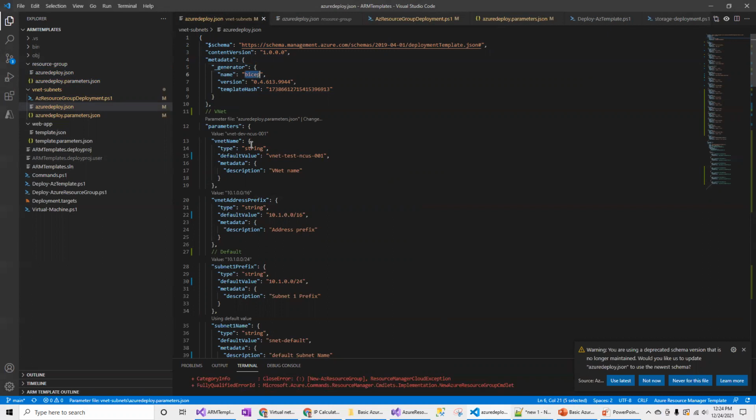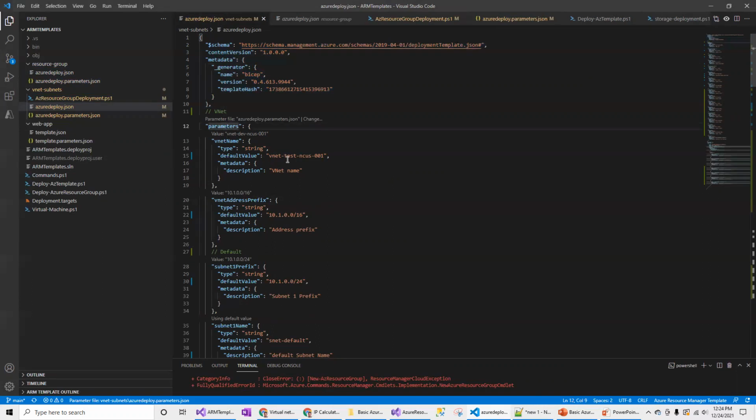Bicep is another language, which is simplified, easy to understand and more readable as compared to the ARM template. That is one more language you can use to create Azure resources. We can talk more about Bicep later. For now, we will be using the Azure ARM templates only.